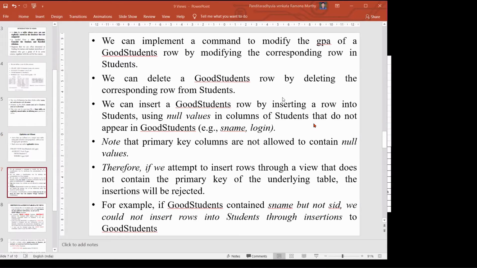If you delete in the student table, it is deleted in the view, but if you delete in the view, it is not deleted in the student table. Similarly, you can insert any data into our original student table, and that data will automatically appear in the view also.